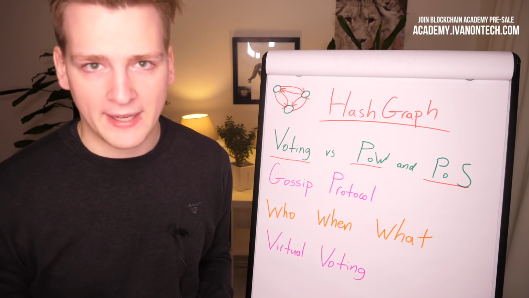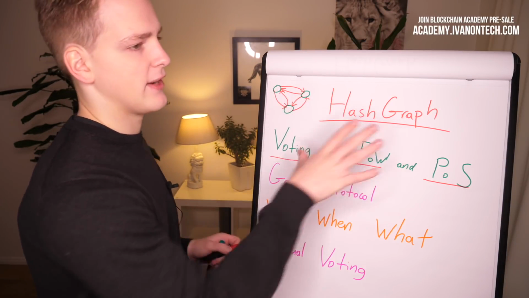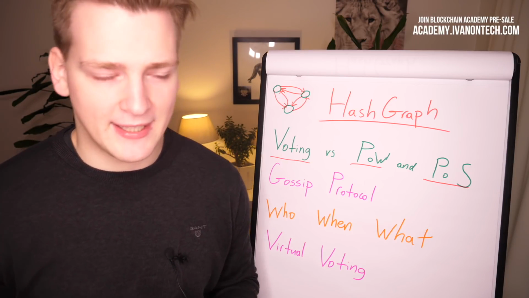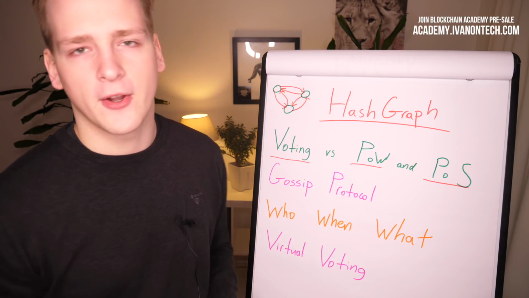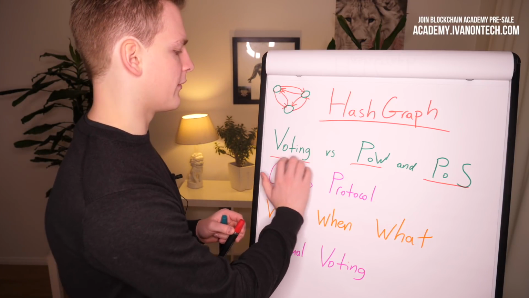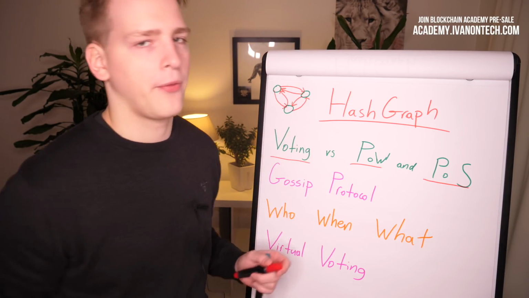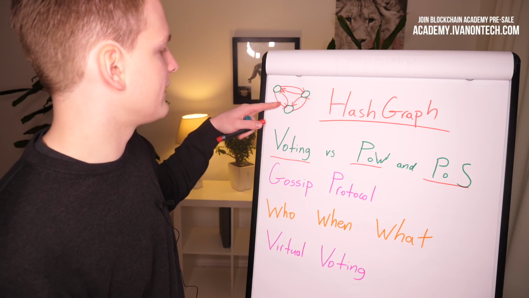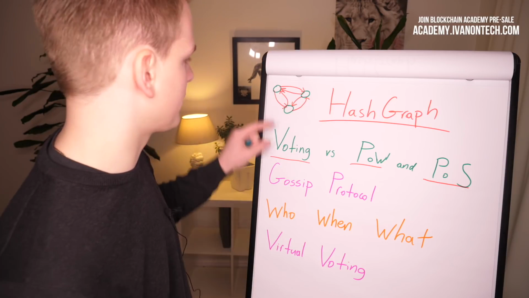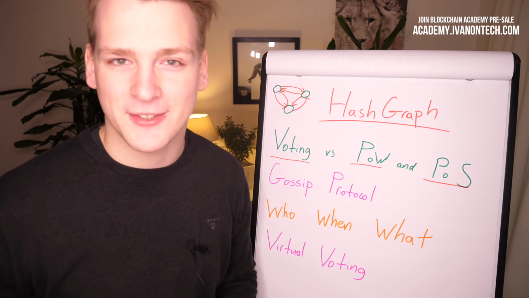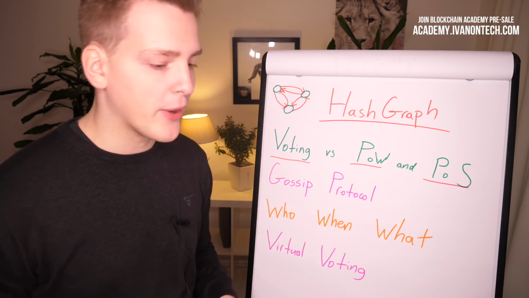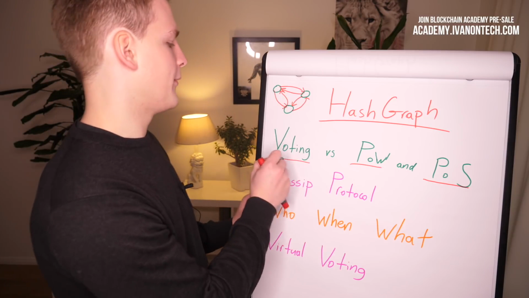However, the issue is, of course, bandwidth. If I have to tell each and every other node what I think, and I have to do that for every transaction, it quickly becomes unviable. It quickly becomes too heavy on the bandwidth. So voting algorithms are very good in theory. In theory, this is secure and fast, and in practice it is impossible, because there are just so many messages we need to send, and therefore voting algorithms are not practically possible. However, HashGraph really wants to be a voting algorithm,